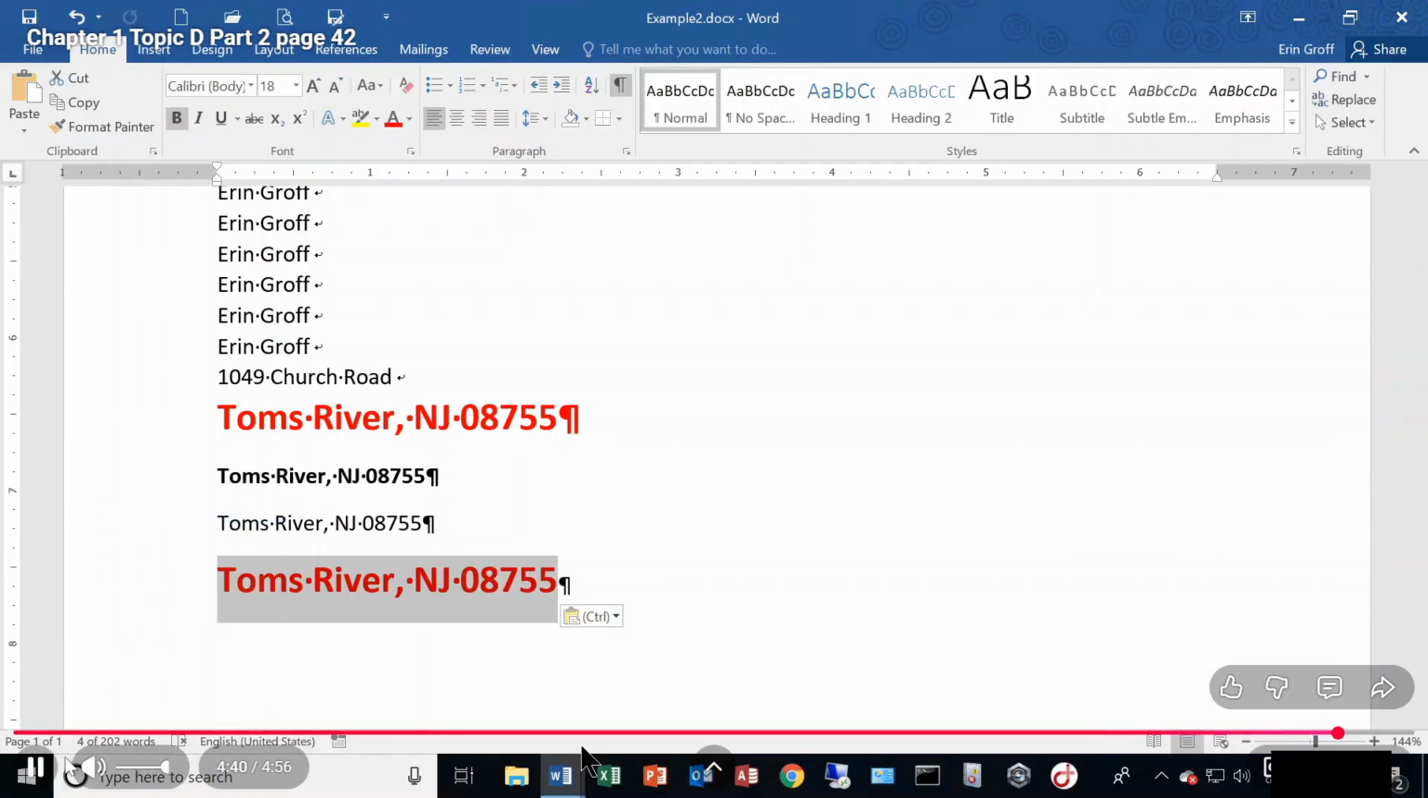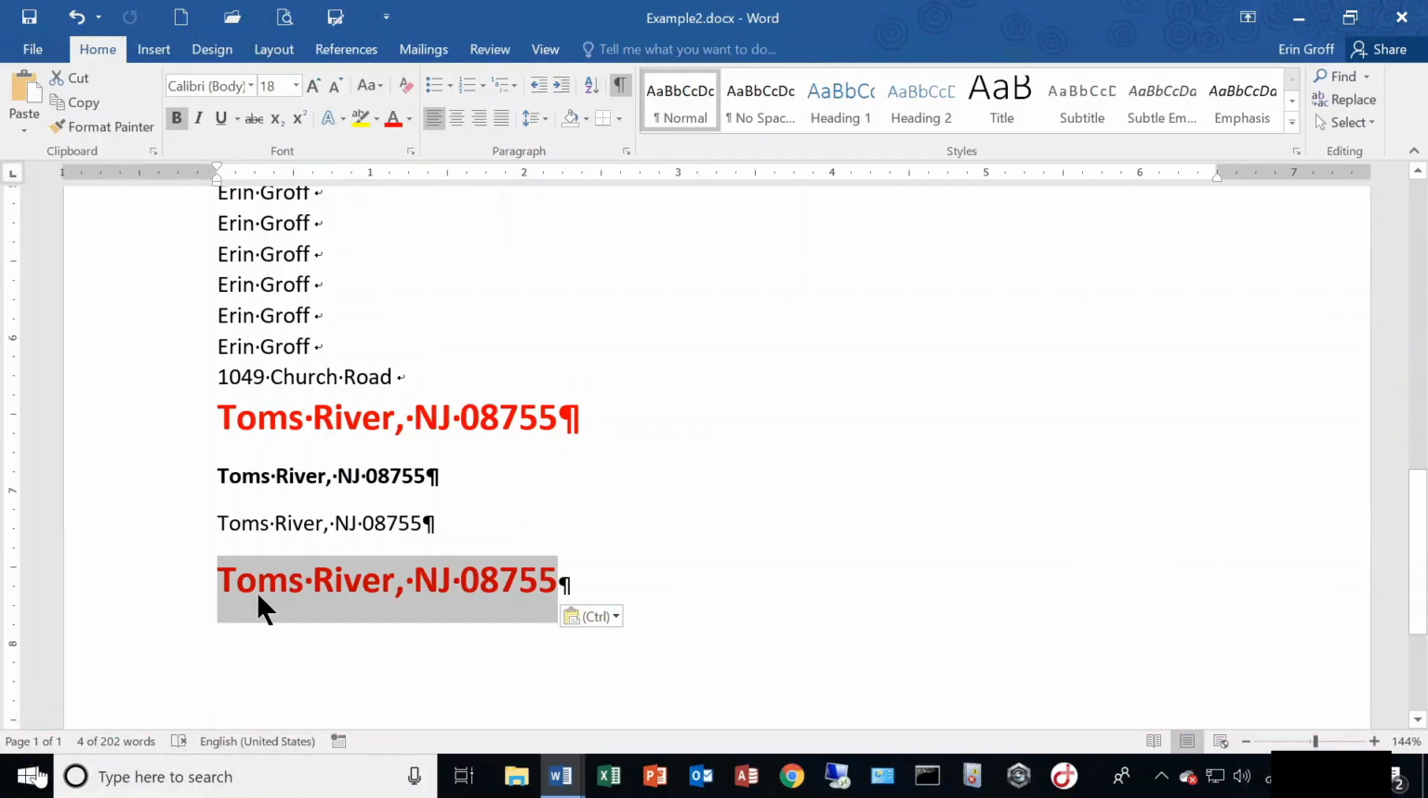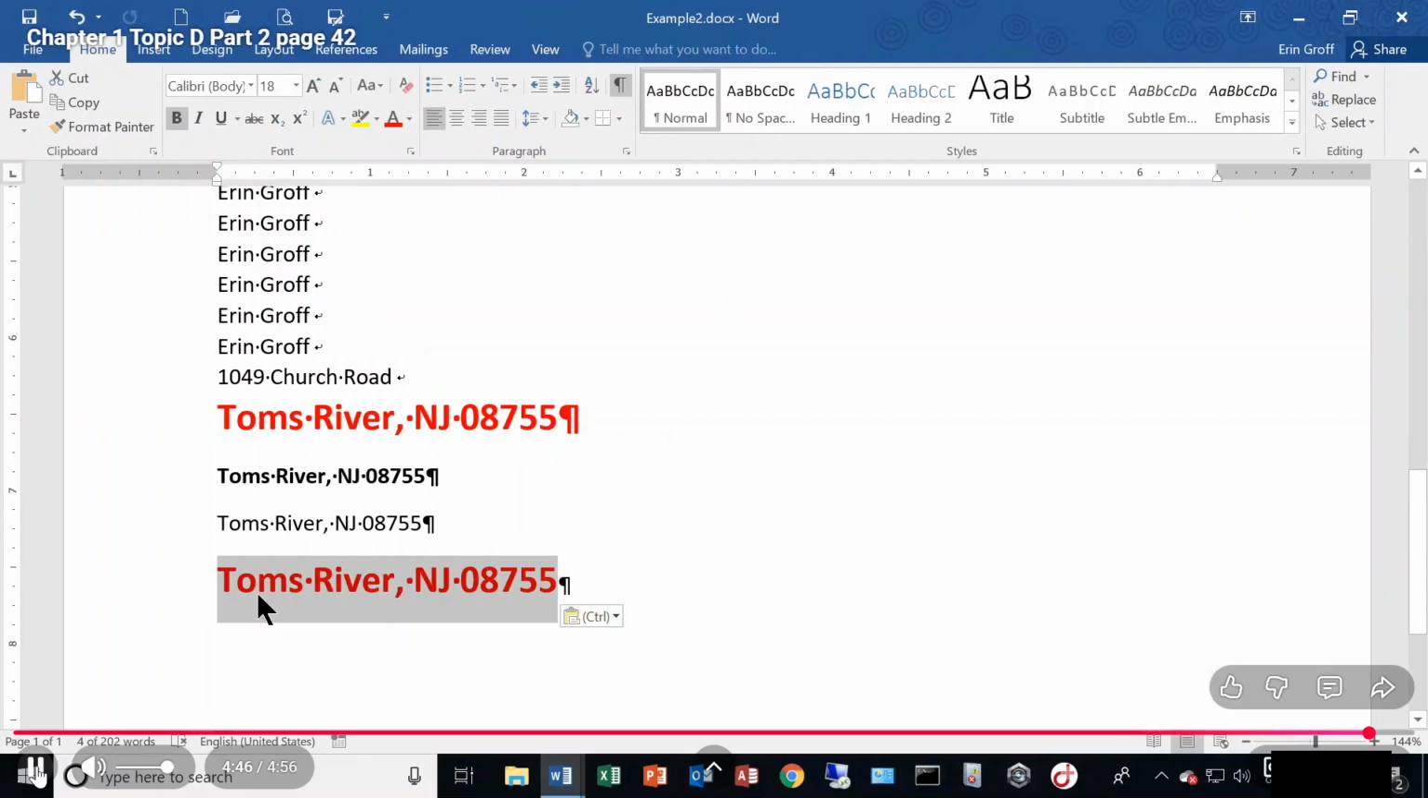All right, so you have your clipboard options for cut, copy, and paste, and you have some drag and drop options for cut, copy, and paste as well. All right, so